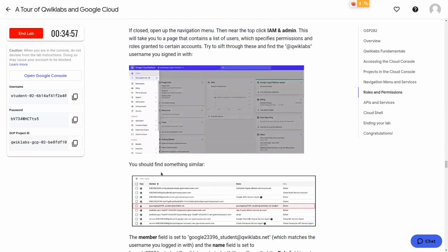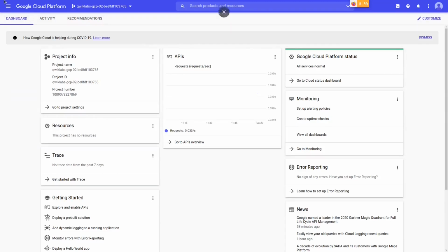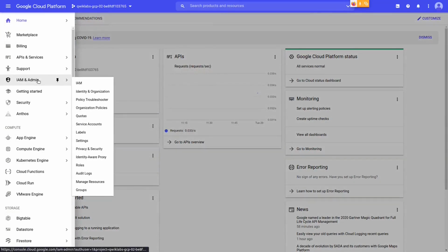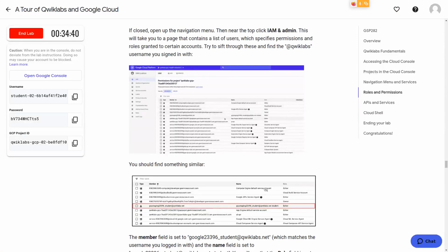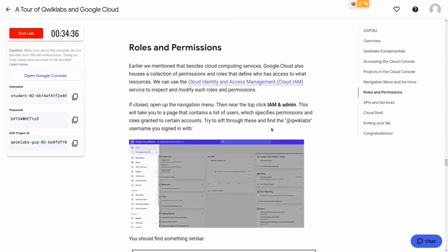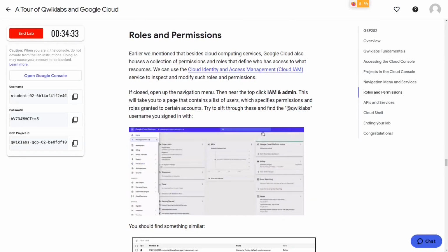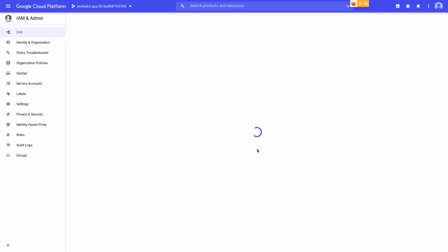So let's try to find out our username. That's in IAM. So try to find it. When you click on IAM, it takes time to load.